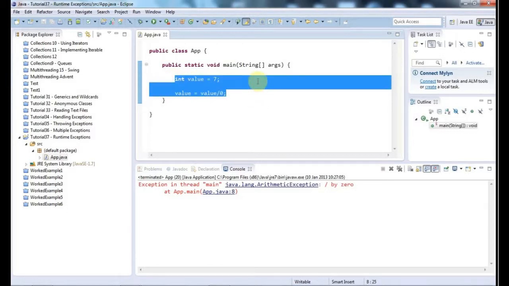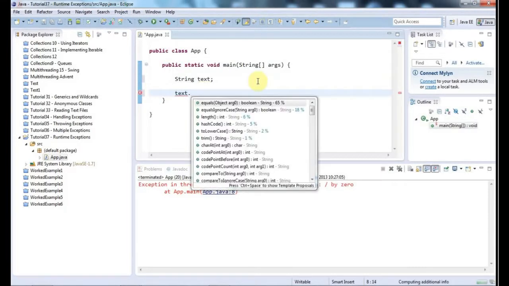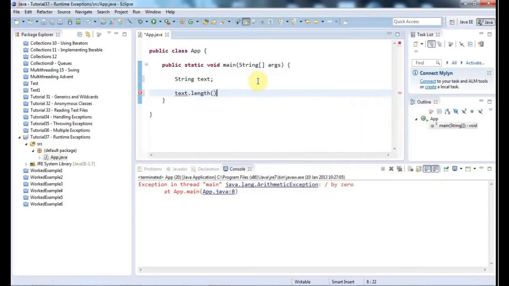Another good example would be a null pointer exception. Like I could say String text, and then without saying text equals new String or text equals some kind of text, I could try using a method of String like text.length, something like System.out.println of text.length. Now this probably isn't going to compile, because it's going to say that text may not have been initialized. But if I set text equal to null,